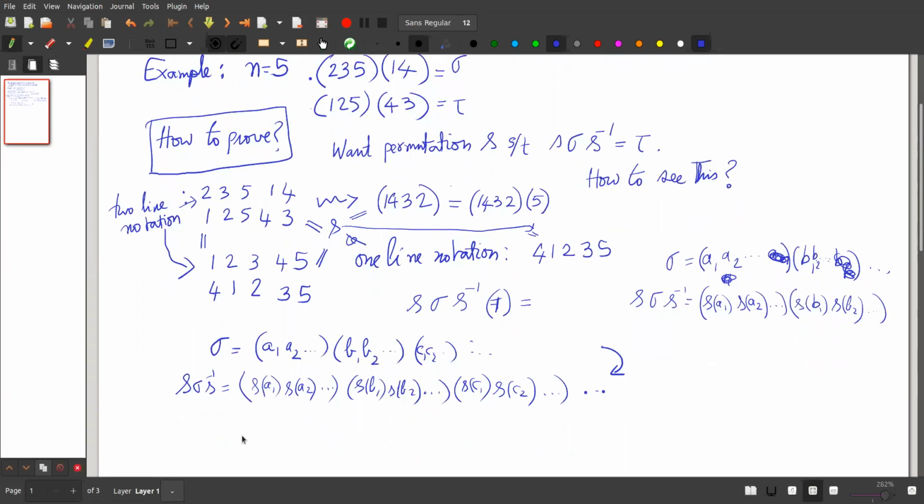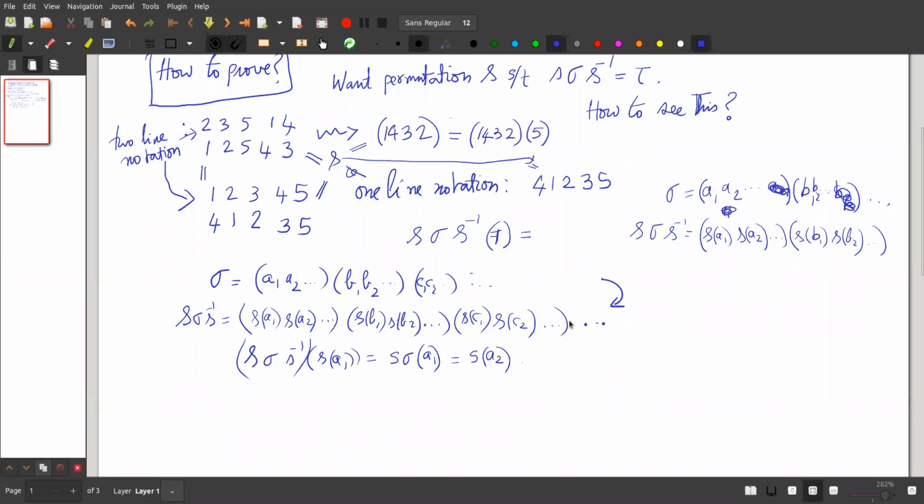For example, let's take S sigma S inverse acting on S of A1, right? Where does this go? This goes to S inverse of S, so what is this? S sigma of A1. But sigma of A1 is nothing but A2. So it's S of A2. So this is a very good observation and it's easy to prove. And therefore,